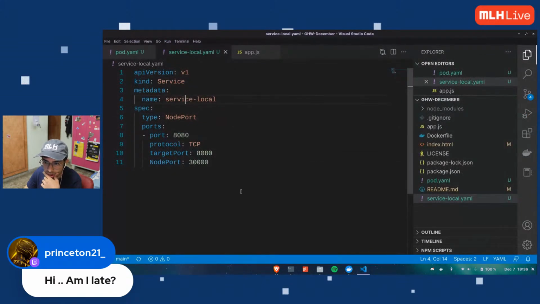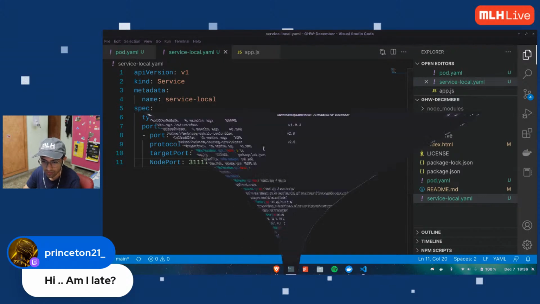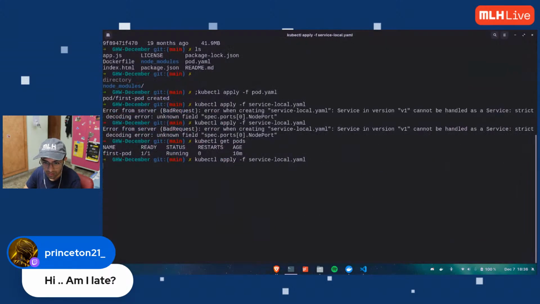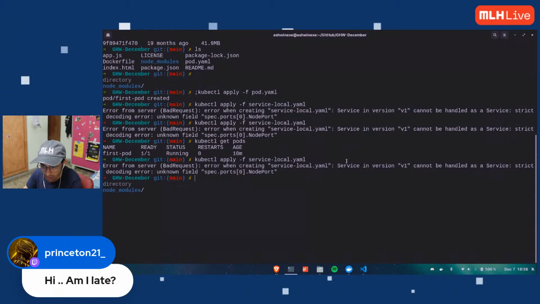TCP. Let's change this to 3111 just to be safe. Bad request. Interesting. Why is it happening?